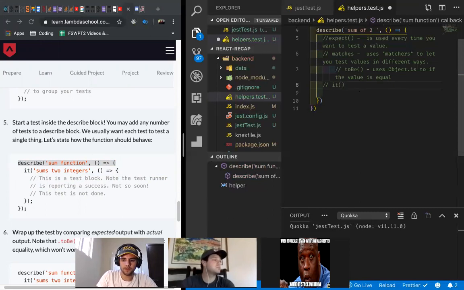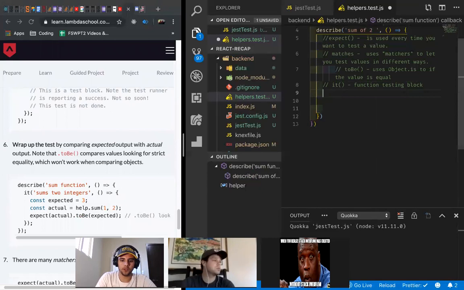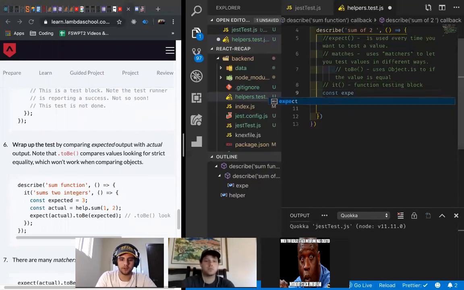It function testing block, and maybe later I can ask somewhere. Okay, and now we know it's enough. So we have to get the values we're going to use to test. So expected, we're expecting a 3, and const